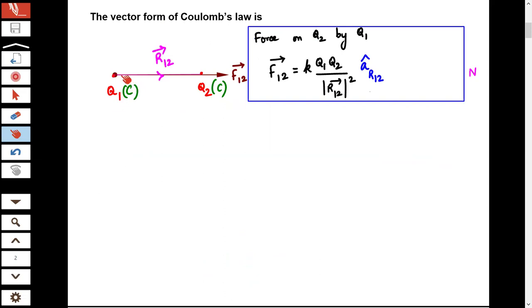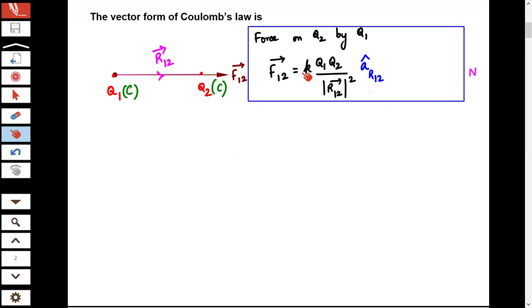When we consider Q1 and Q2 separated through a distance, the vector notation for the distance of separation can be given as the displacement vector R. If we discuss the force on the charge Q2 due to the charge Q1, the force can be represented as F suffix 1 2, where 1 indicates the charge which exerts force on charge 2. The displacement vector from charge Q1 to Q2 is given by the R1 to 2 vector,